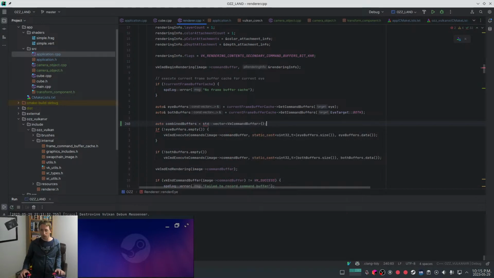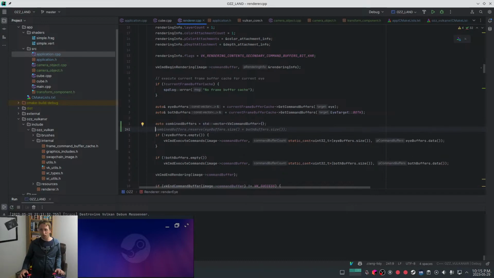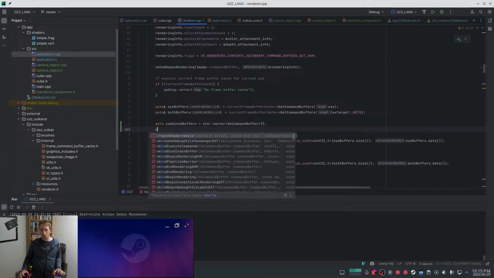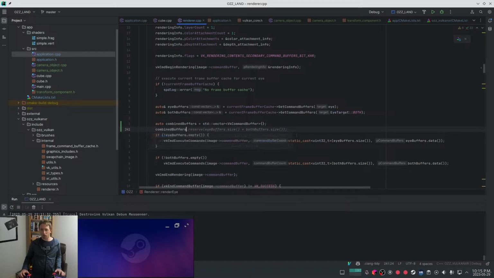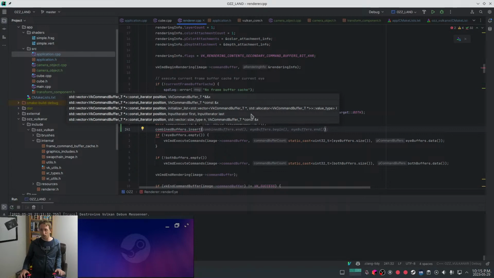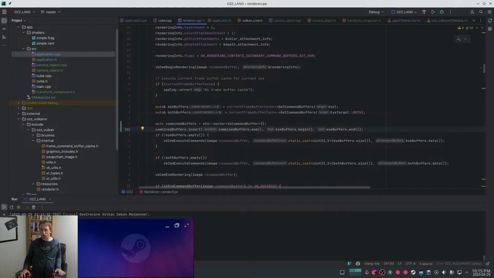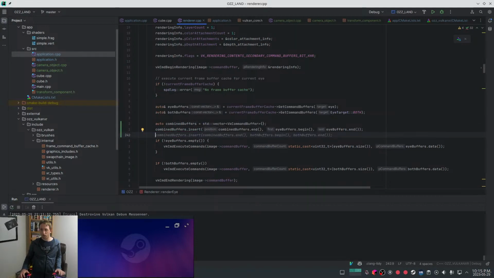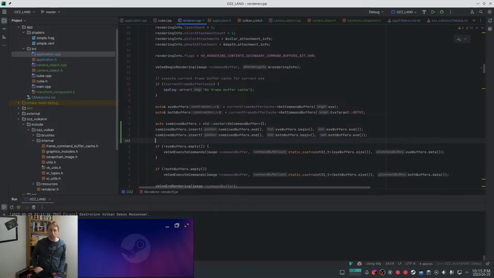We call this vector command buffer like this, and then combined buffers dot insert like this, and then